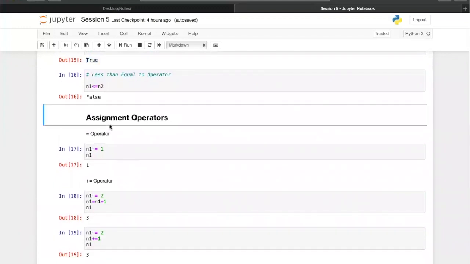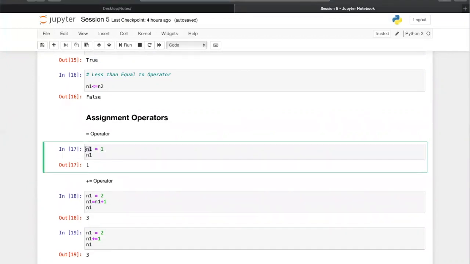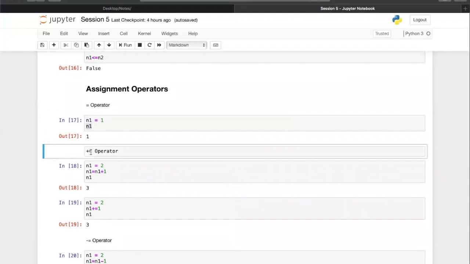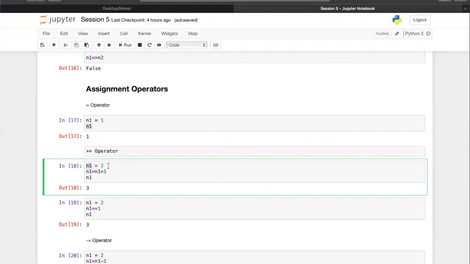Moving forward, there are something called assignment operators. We have used one so commonly in every lecture that we have studied. The one is the equal sign. This is basically where we assign things. We say, let us make a variable n1 and let us assign 1 to it. That means let us put this value 1 in this, and let's visualize it. It is 1. So what actually happens is, in general, we say that let's assign n1 as 2. And now you feel, no, I want to add 1 to it. So what do you do? You add 1 to n1 and then reassign n1 with this.